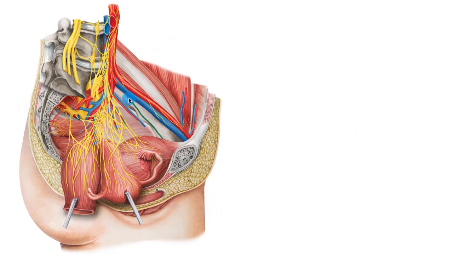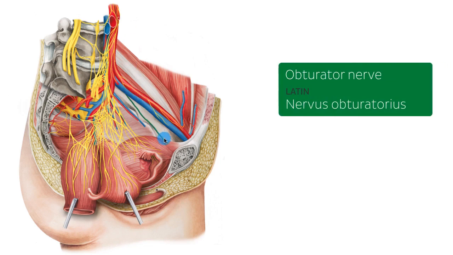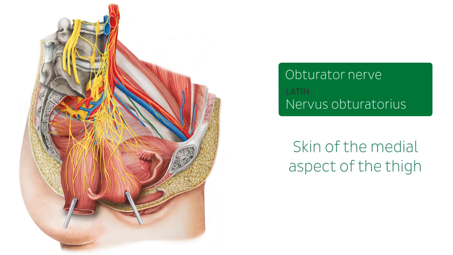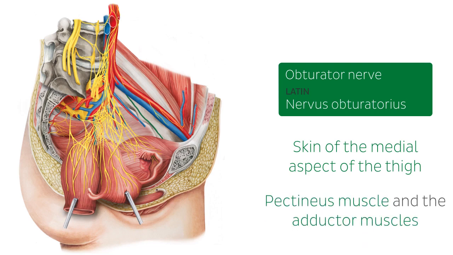Now moving on to the next structure that we're going to be highlighting here. Notice this nerve here, this thin nerve, which is known as the obturator nerve. We're seeing here the left obturator nerve because the right one was removed when we cut the female pelvis. But to say that the obturator nerve is an important nerve that provides sensory innervation to the skin of